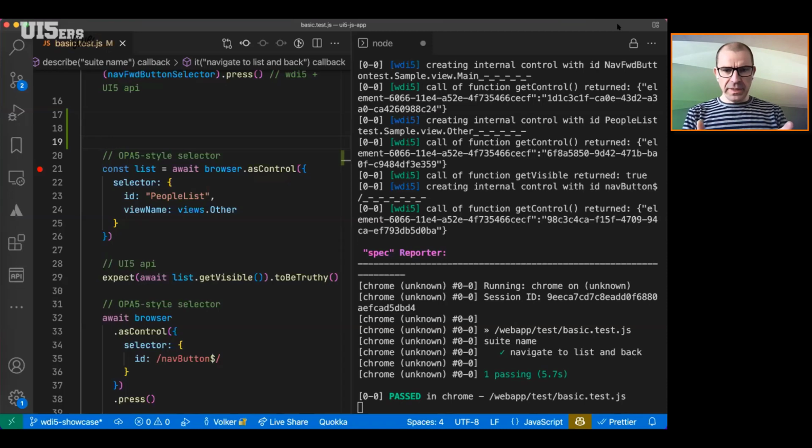And in the end, I think wdi5 should actually get out of the way. It should be a test tool that runs on the side, that safeguards functionality inside your UI5 applications, but it shouldn't be a hurdle that you need to jump over. It should simply be the safeguard that's running on your side. And if we achieve that, if it becomes a useful tool that people might even enjoy using, I think then mission accomplished.